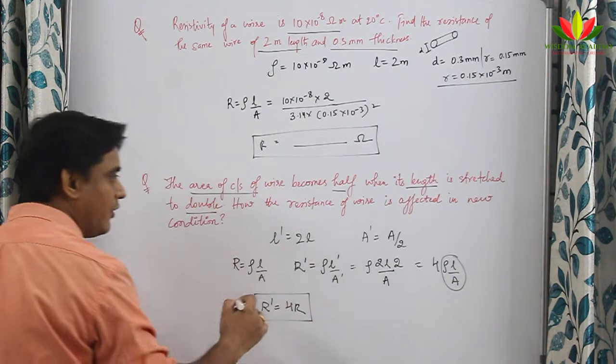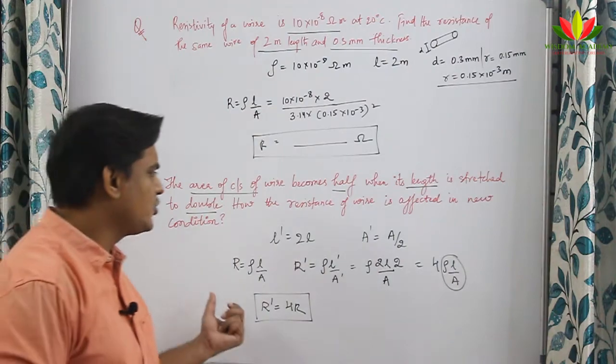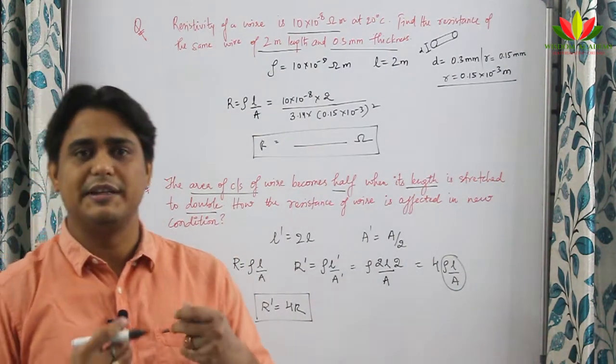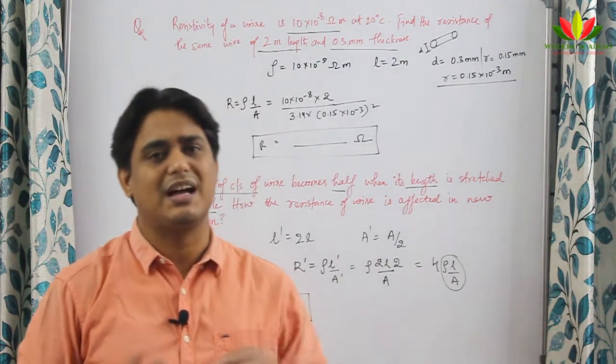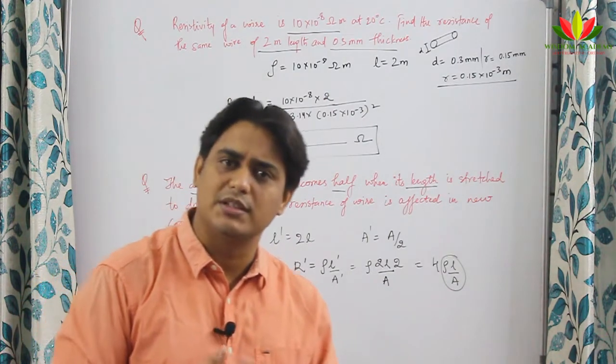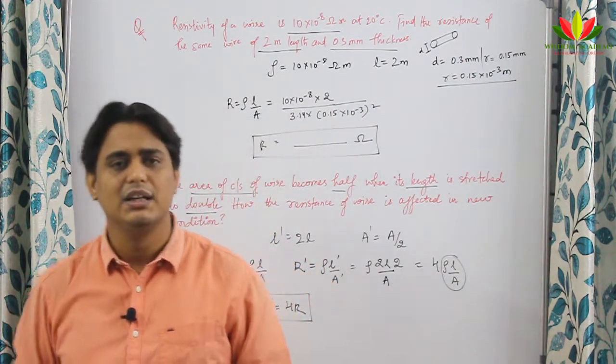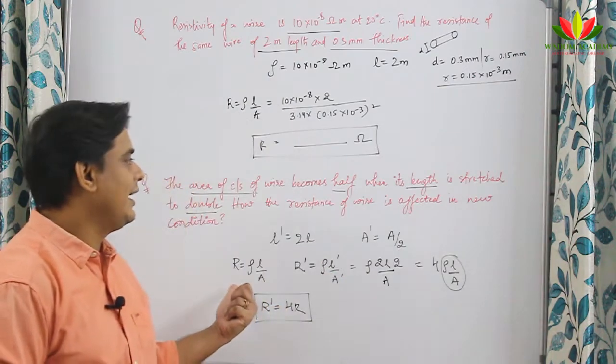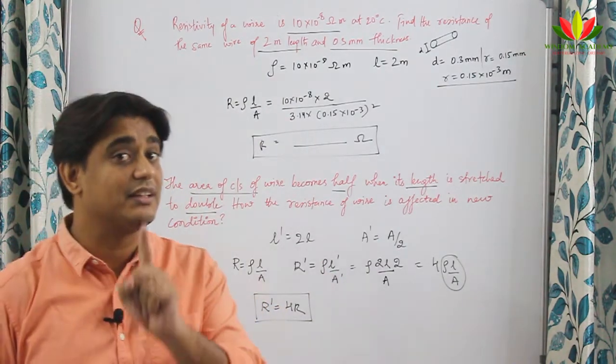I think we have already seen this kind of question in the previous class also. This kind of question is frequently asked in examinations, where they will say one quantity is doubled and another quantity is halved, or one quantity became 4 times and another quantity becomes double, something like that. You must apply the same rule and find the change in resistance. Remember that resistivity will not change.